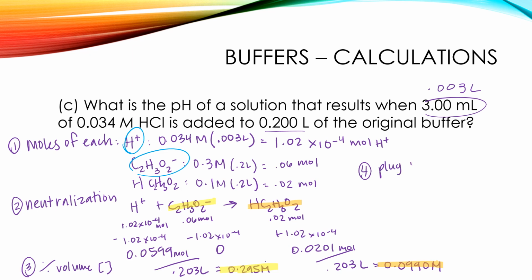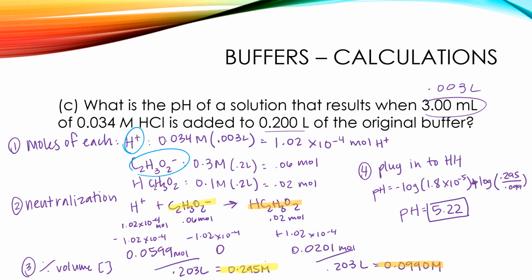I plug it in. Again, we're given this Ka value on the previous slide. Plus the log of base, which is acetate, so 0.295 over acid, which is 0.099. And I get that the pH is equal to 5.22, which is exactly what I got on the last slide. So this buffer definitely kept my pH the